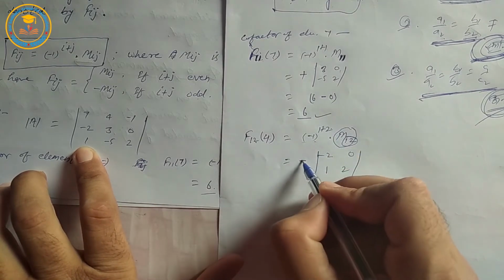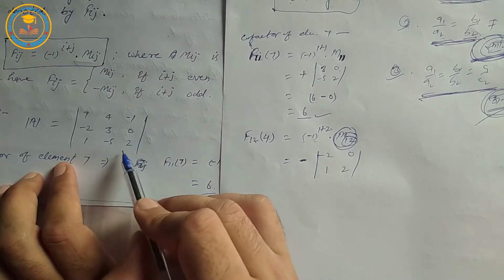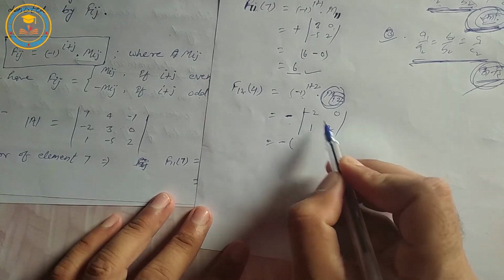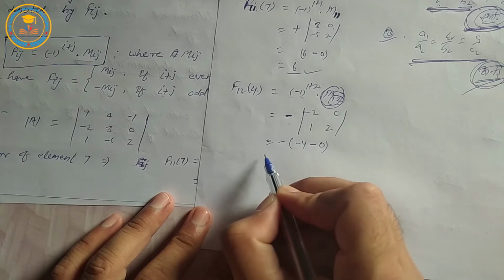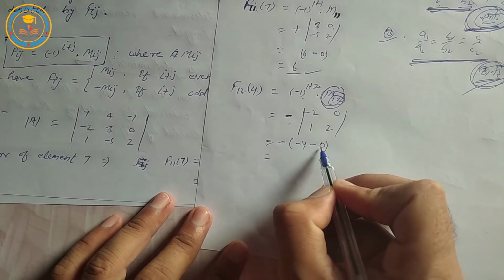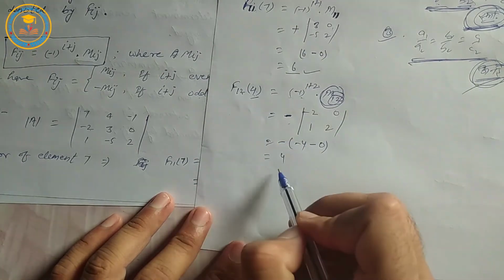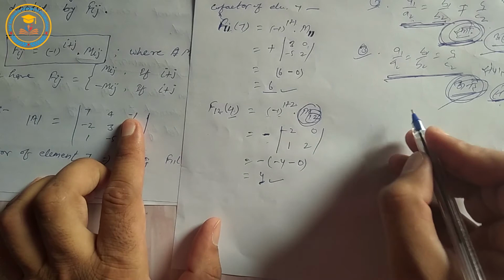(-1) to the power 1 plus 2 means minus. M12 is equal to the determinant with rows -2, 0 and 1, 2, that is minus of (-2 times -7 minus 0), which is -4 minus 0, so minus times minus gives plus. It means cofactor of element 4 is equal to 4. Similarly,